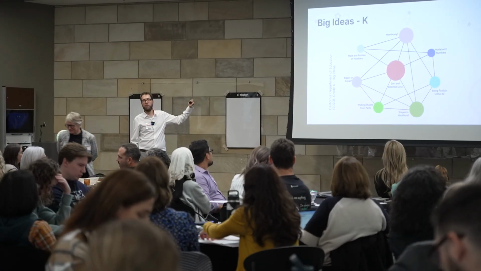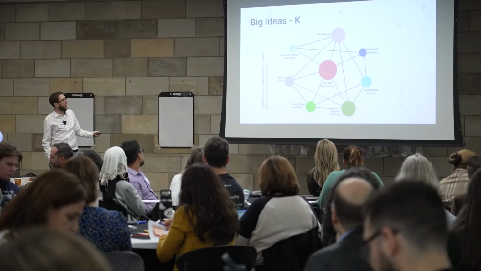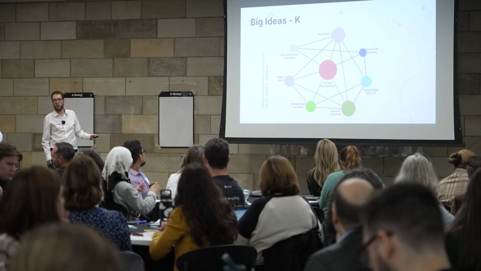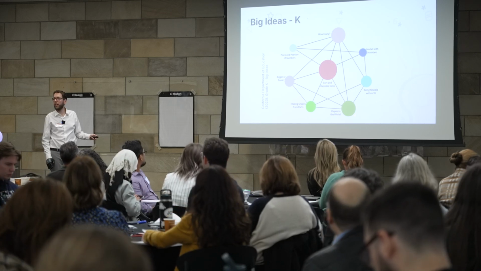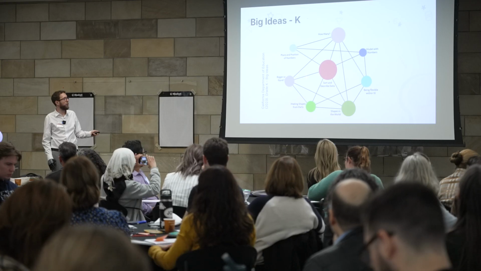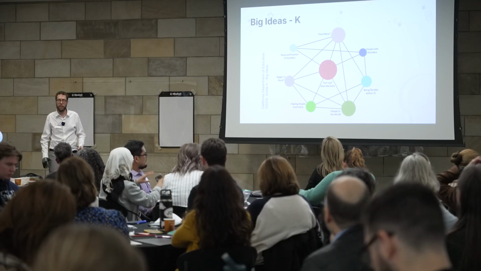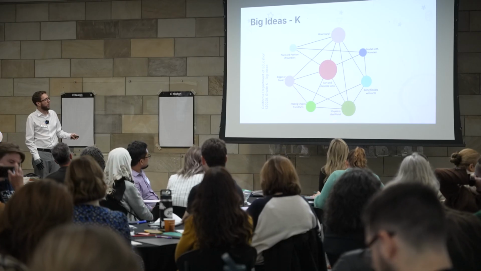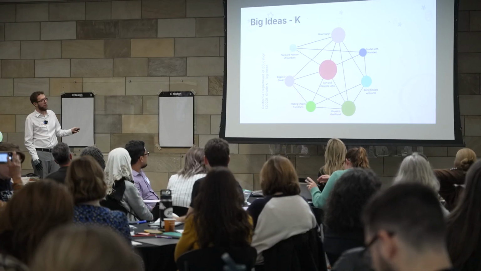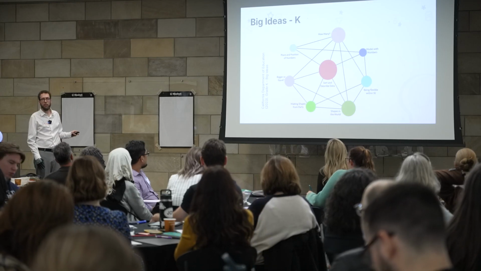So we have a map for each grade. Don't misunderstand the sizes of the circles, right? The sizes of the circles are more of a representation of how many connections that circle has with other big ideas rather than the importance in a given grade, right? It's also a debate. And then which of these big ideas from kindergarten have we been touching in the activities we've done today?